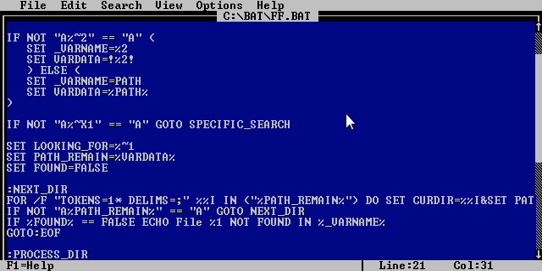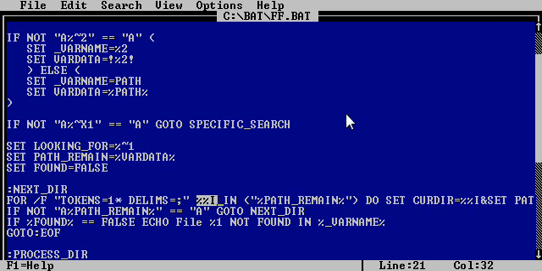This is the delimiter. This is the single letter variable where the result of the operation is stored. This here is just a string, so it's going to take, tokenizing by semicolon, everything up to the first semicolon and store it into